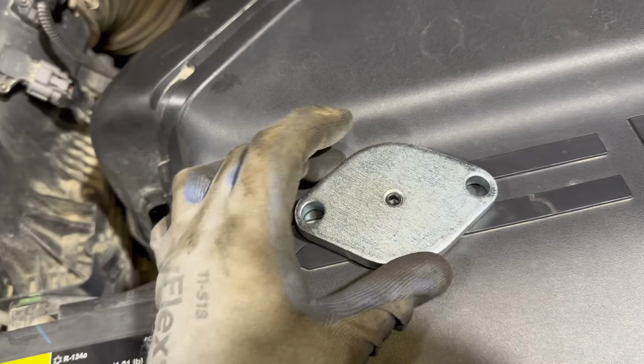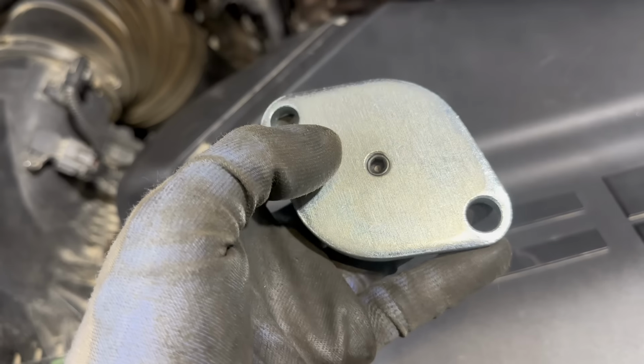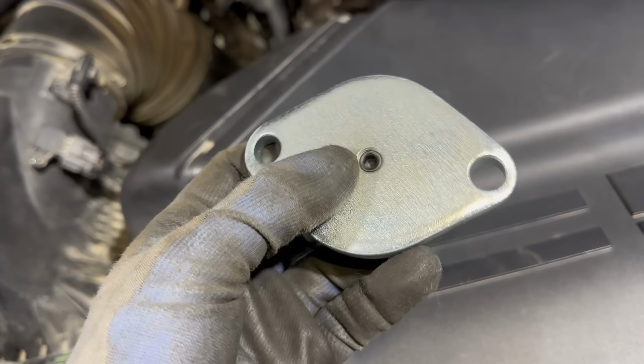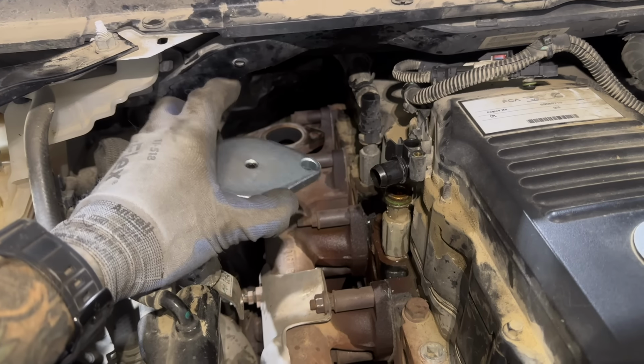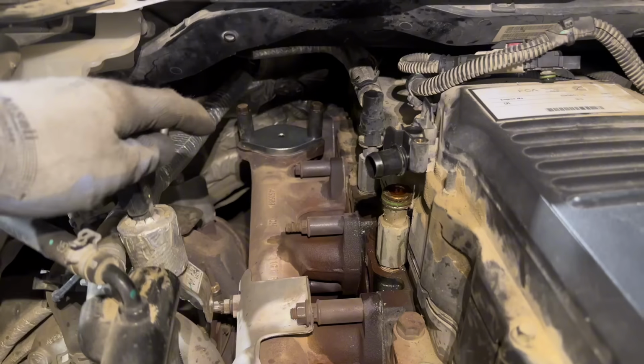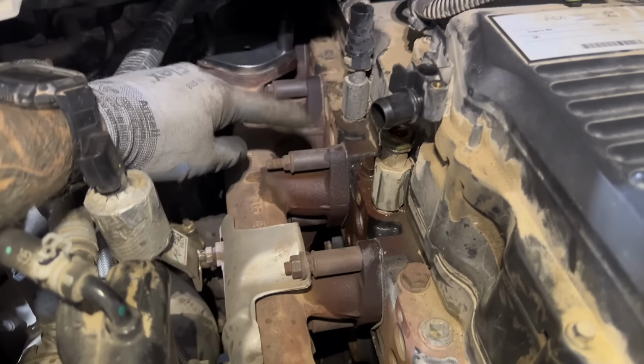Yoink. Now grab this back blocker plate. Make sure you tighten up this nut. You want that really snug. You don't want that coming out or falling into the engine or nothing like that, so tighten it up. Then we're just gonna put this blocker plate back over top of the gaskets and bolt it down with the existing hardware. All right, once that blocker plate is tight at the back, we are going to remove this exhaust